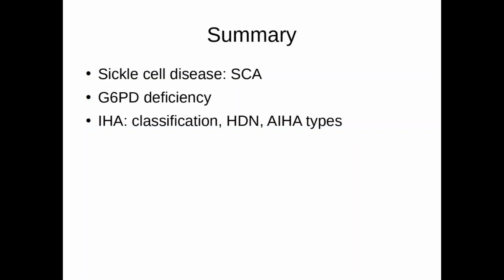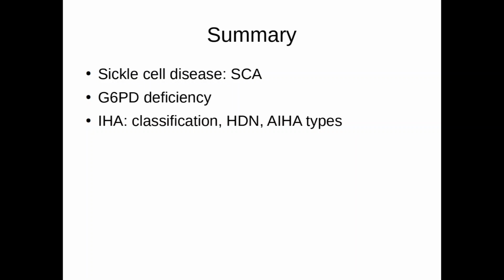Lastly, in immune hemolytic anemias, two important diseases we discussed were HDN, in which Rh incompatibility HDN we focused on. We saw how the disease is classified based on severity of clinical features. Then we saw the lab diagnosis wherein numerous NRBCs were there, reticulocytes were there, then Coombs test was positive. Then finally we discussed autoimmune hemolytic anemia, where we saw two types, warm type and cold type, and we discussed the laboratory investigation in general.